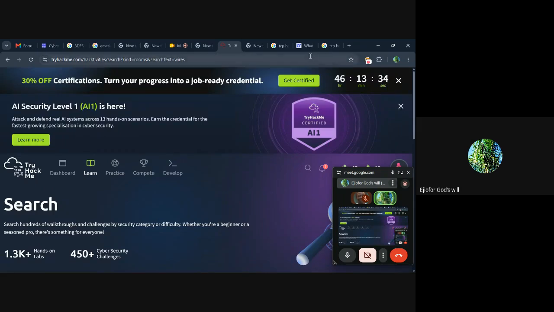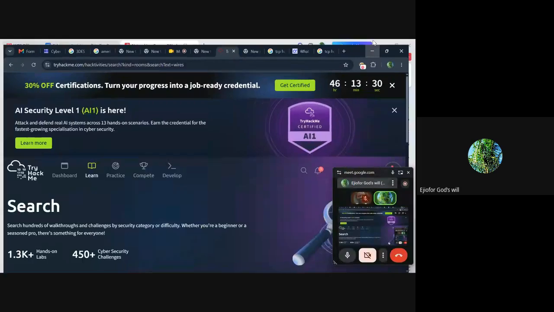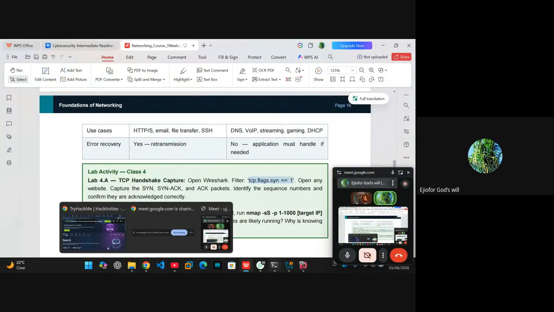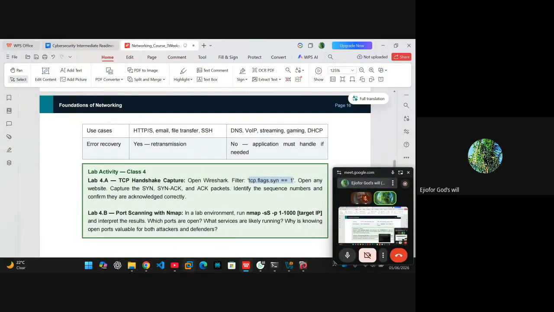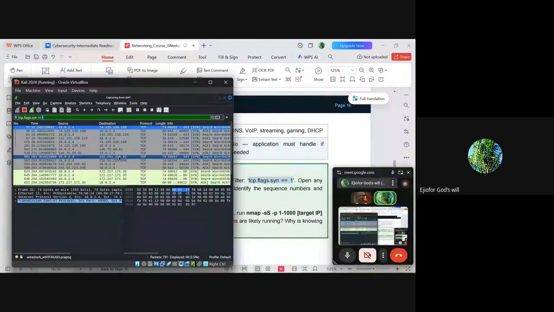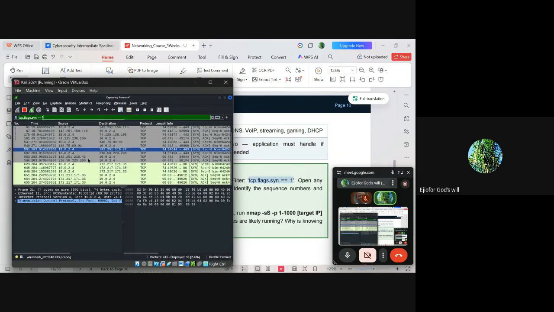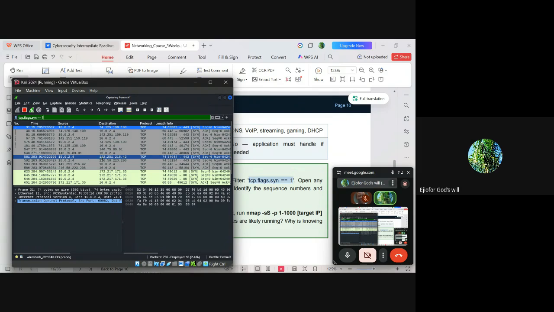So just check online how to try Wireshark filtering commands or capture. Just learn how to capture stuff with Wireshark. So for now, I'm just going to show you. The TCP flags SYN equals one. What it does is it captures synchronization, basically any single TCP handshake. So when I press enter, what it's trying to do,